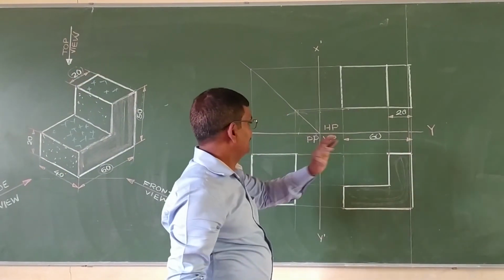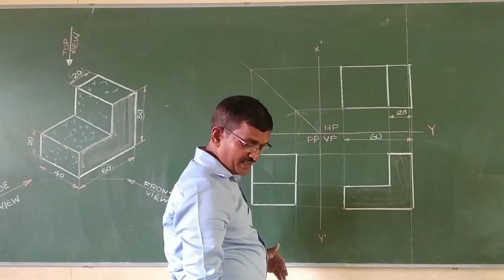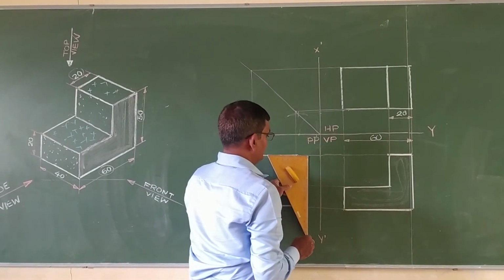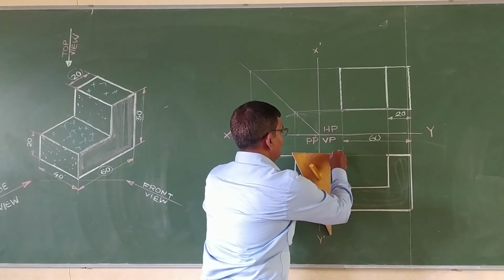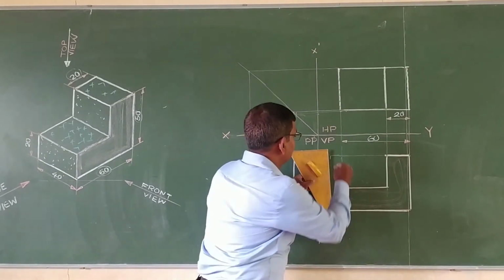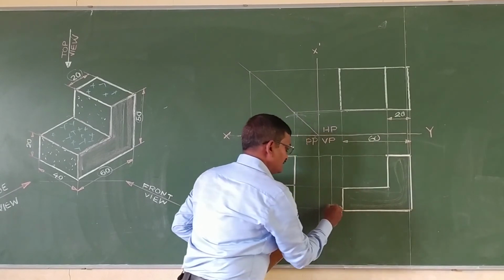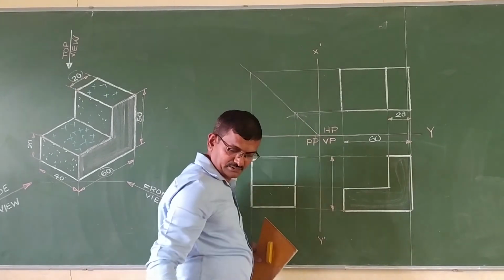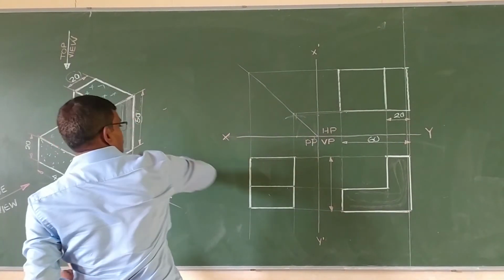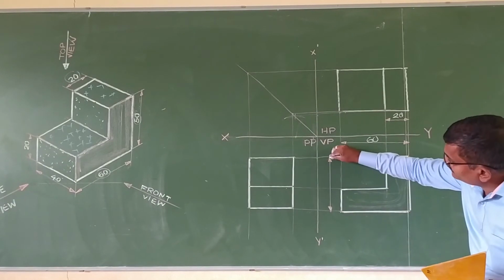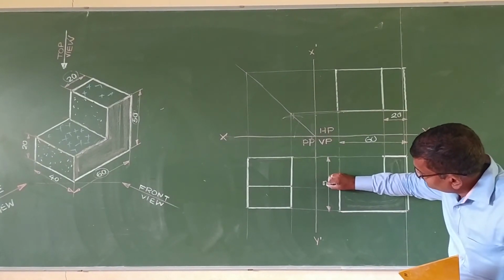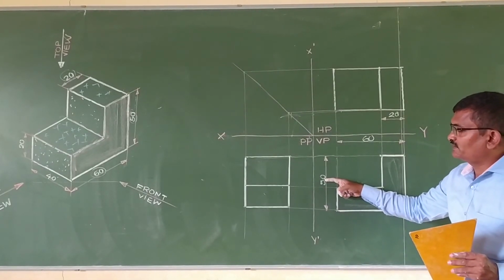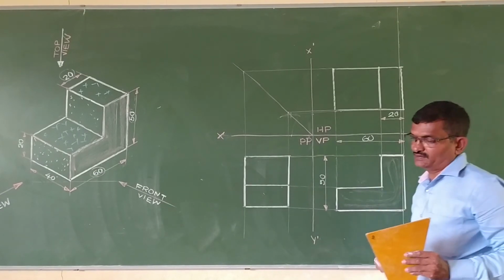Now lengthwise there are two lines, and height is indicated either in the front view or side view. We can indicate here or here, any place. Draw a thin dimension line, draw arrowheads, and height is 50 mm, like this. From here to here, 50. Above the line we have to write the dimension. Reading method: here to here, 50. Write the dimension above the line, at the middle of that line.